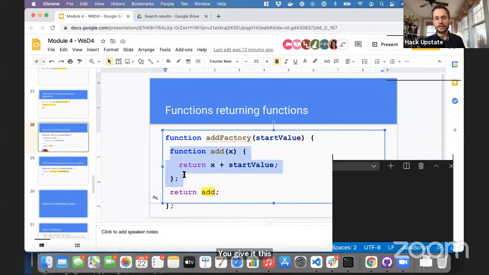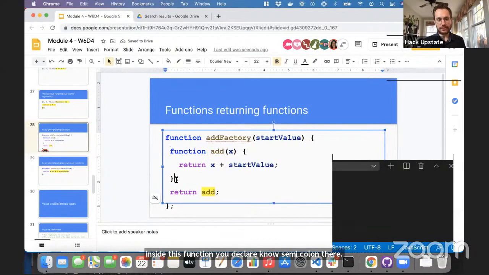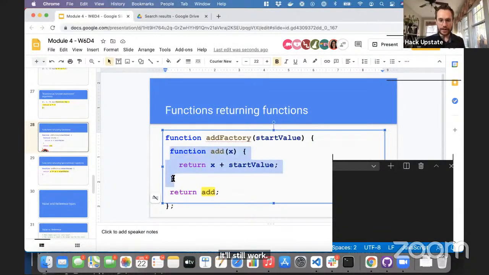Inside this function, you declare... oh, no semicolon there. There's no semicolon in this way and there is in the other, and it's sort of just confusing. So whatever. You can skip them often, it'll still work. Anyway, inside this function, you declare a brand new function,